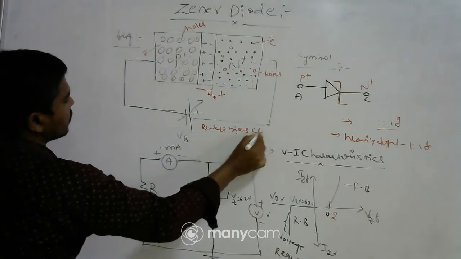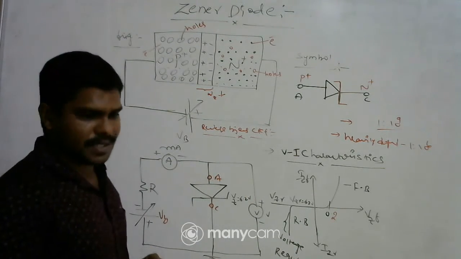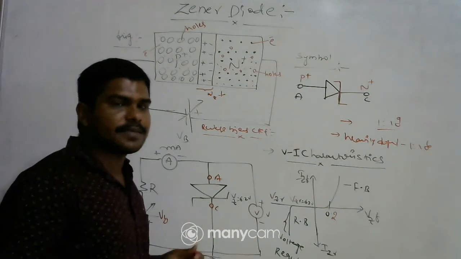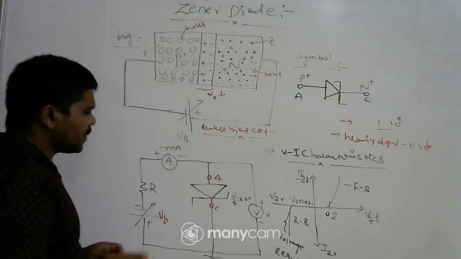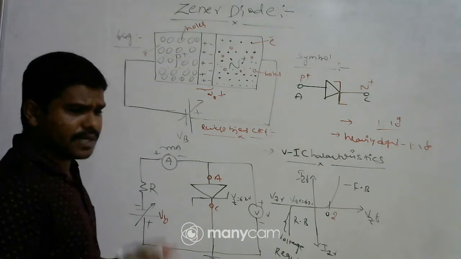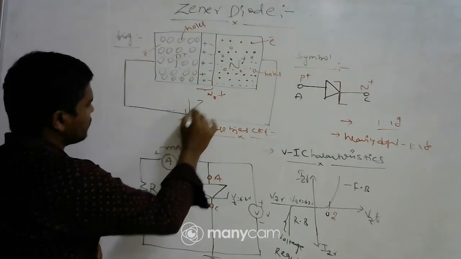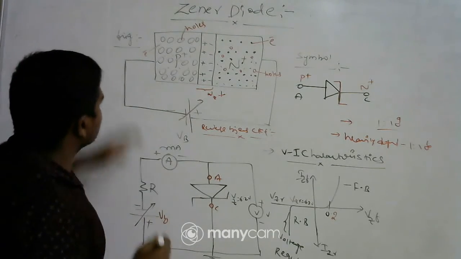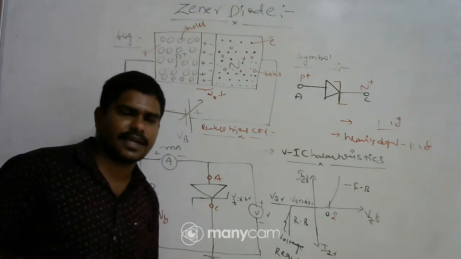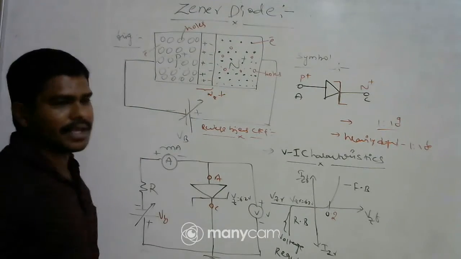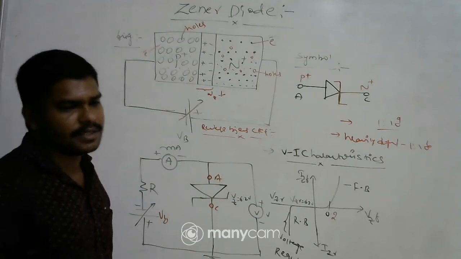This circuit is a reverse bias circuit. We are not interested in forward bias because the forward bias characteristics are the same as the PN junction diode characteristics. So that's why we will study how conduction takes place in reverse bias. See, when you are increasing the bias voltage, because unlike charges attract each other, your junction width will increase. Junction width increases means there is no movement from the P region to the N region.